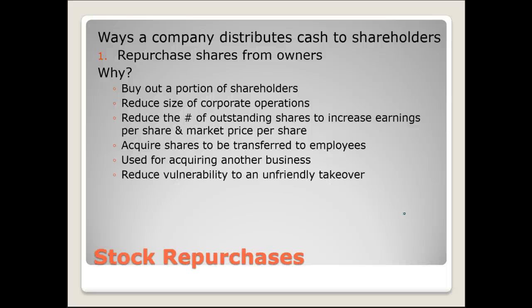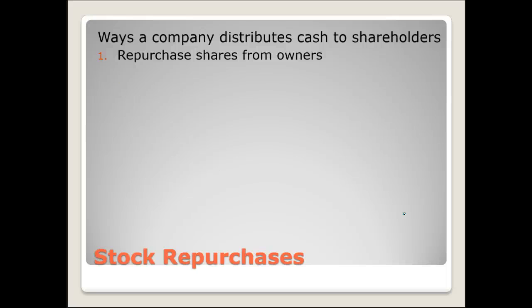The last reason, and sometimes a very common one in bad economies, is that businesses will buy back their stock in order to reduce their own vulnerability to an unfriendly takeover. An unfriendly takeover is when a single entity, whether that's a person or a bank or a group of investors, attempts to buy up all or much of a company's stock in order to take it over for themselves. And if you want to limit people's possibility of an unfriendly takeover, then you try to get your shares out of the market. So for all of those reasons and even some others, a company may want to repurchase its